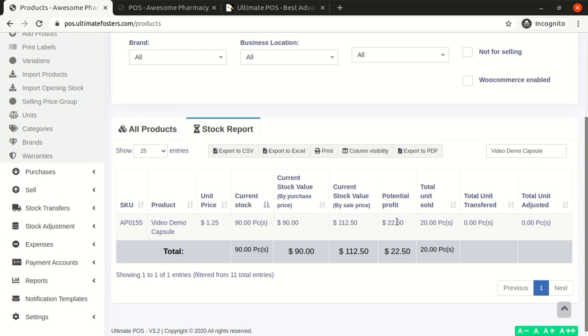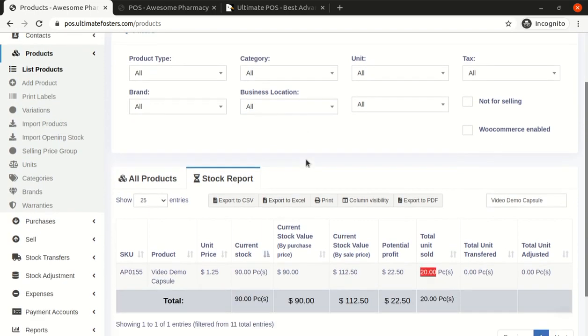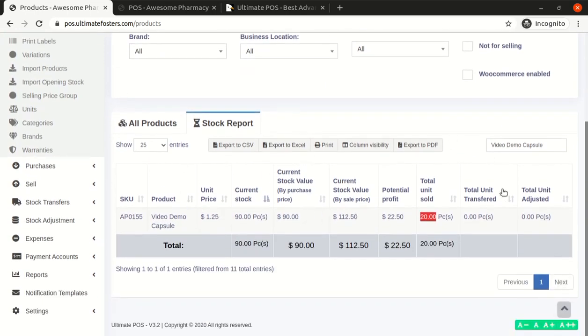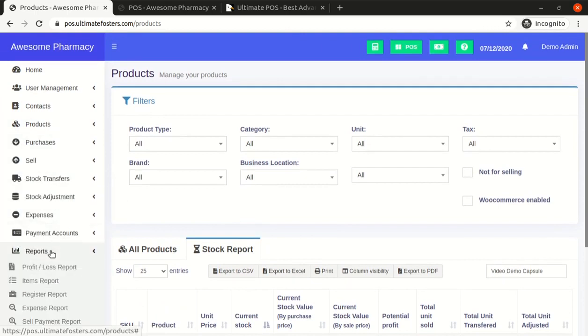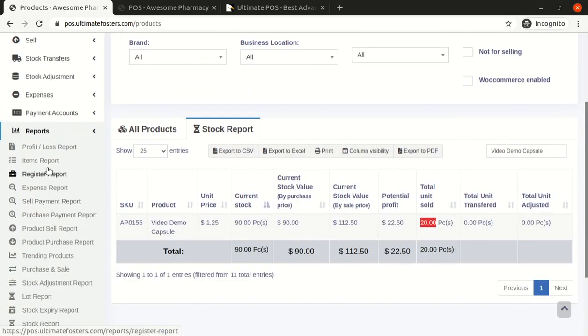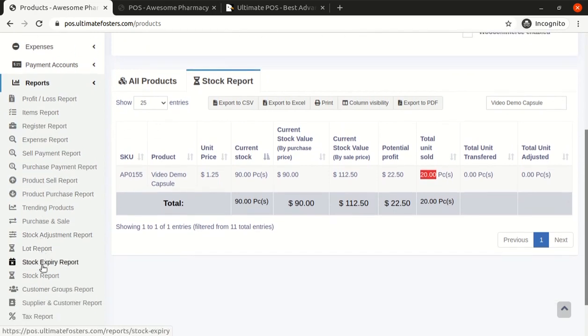Potential profit is 22.50. Total units sold is 20 pieces. Total unit transferred, total unit adjusted. So in the stock reports, it's showing me all the stock related information for this particular product. Suppose I go to the reports, inside reports also we have a stock report here, stock report.